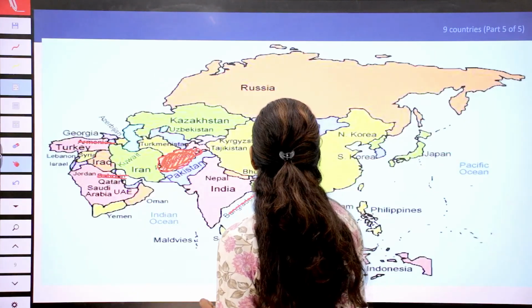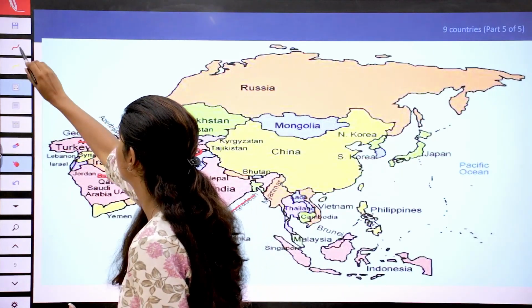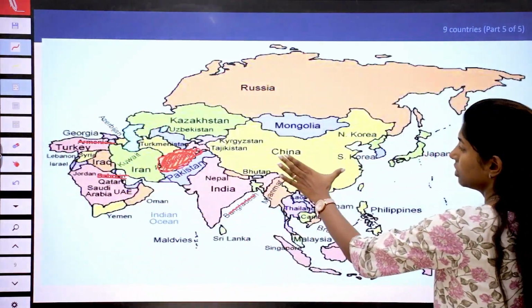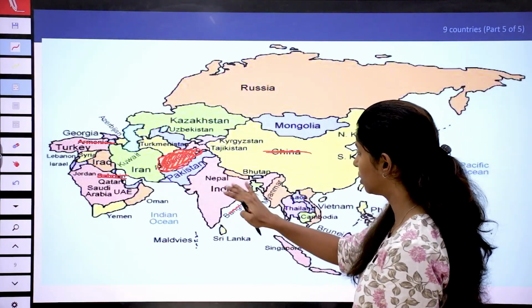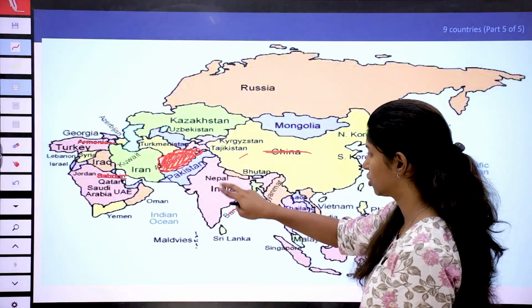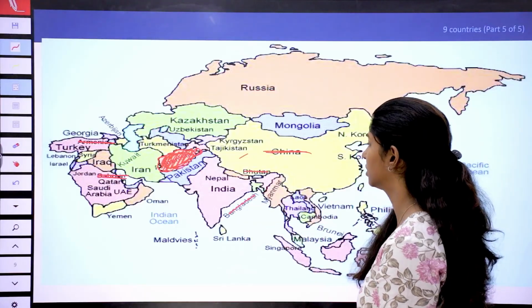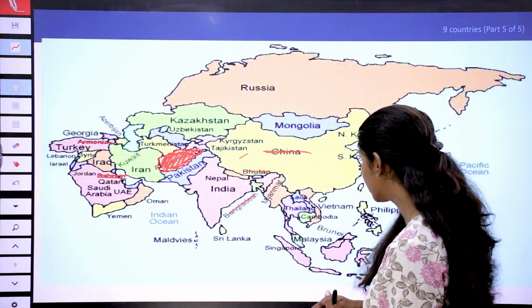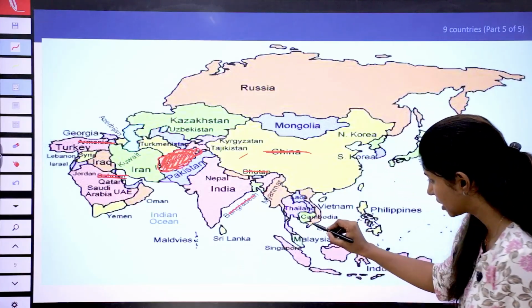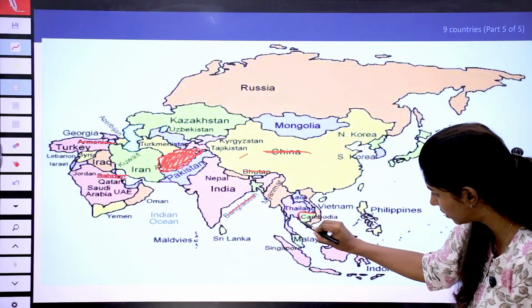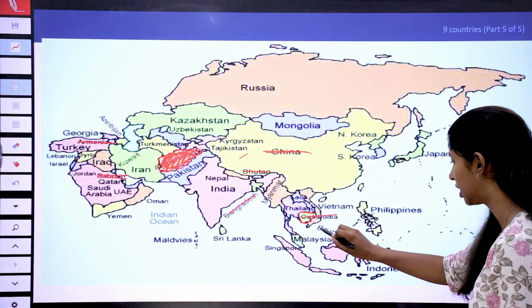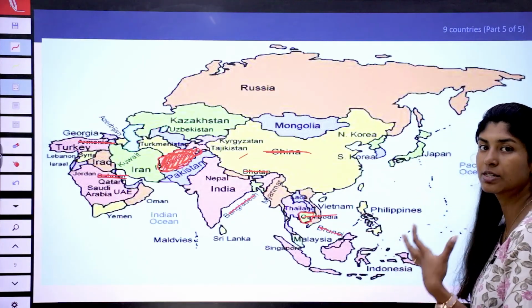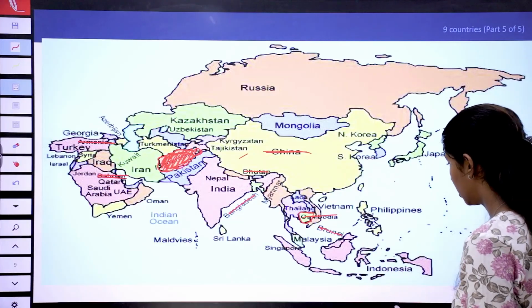Now, here we've seen about China. Now you can see how large China is in Asia. And we share a border with China. And we also share a border with Bhutan. And we've learned about that. Cambodia. Here is Angkor Wat. This is what we saw. Cambodia. We finished Cambodia. And Brunei. Again, Brunei is one of the wealthiest nations. We've seen about it.